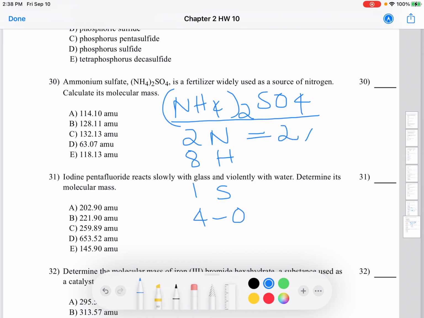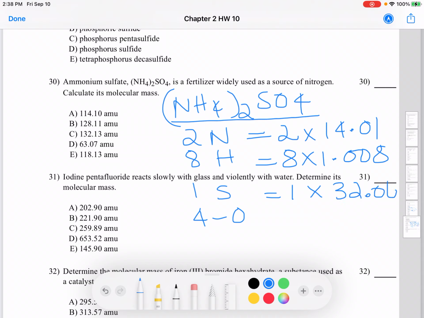And then you find out the atomic mass for nitrogen from the periodic table, 14.0067. So you take up to 4 significant figures when you are taking masses from the periodic table. So 14.01. And then the hydrogen, there are 8 times 1.008. And then the sulfur is 1, 32.065, so 32.06. And then the 4 oxygens, 4 times, oxygen is 15.99,